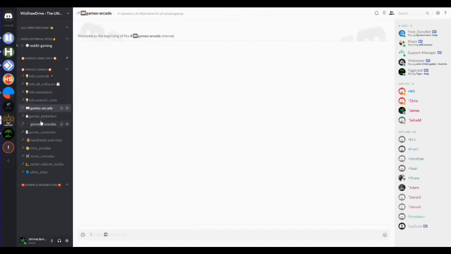Then we have the sections: arcade, pinballers, consoles, and computer games. Those are the main things on there. The last one is handhelds and miscellaneous. So the handheld things, but then also stuff like the Knox Android emulator or Kodi, stuff like that. And then these other 4 aren't on the drive, but other things that we've spoken about, the admins have done, and other people do, similar to us.